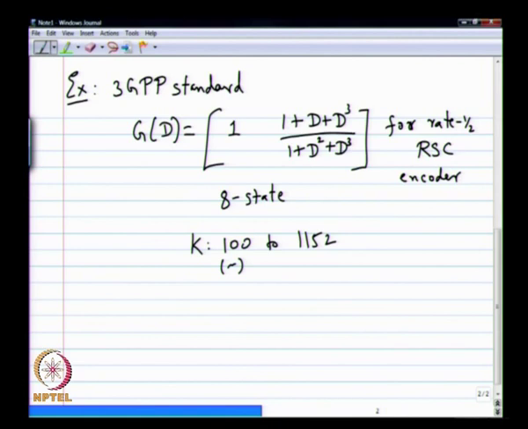The rate 1/3 code is the mother code with this as the component code, and the only thing missing is the interleaver, okay. The interleaver in the 3GPP standard, or maybe even in other standards they use this interleaver, it is what is known as a quadratic permutation polynomial interleaver, QPP interleaver, okay. It is popular for various reasons. I will simply provide a description, but